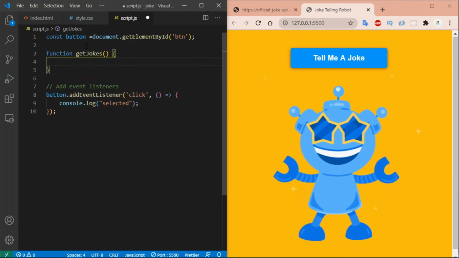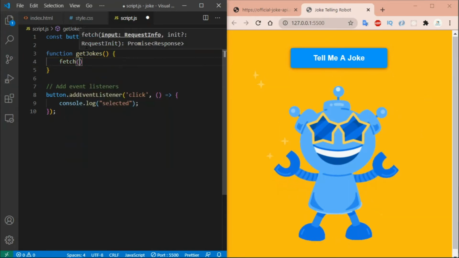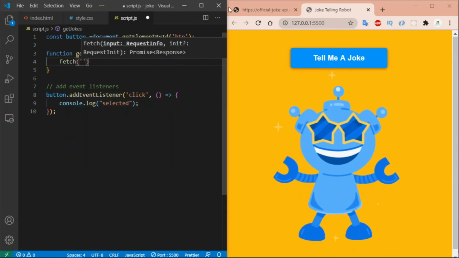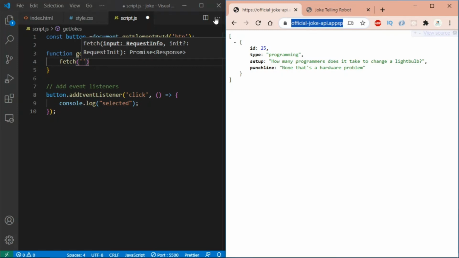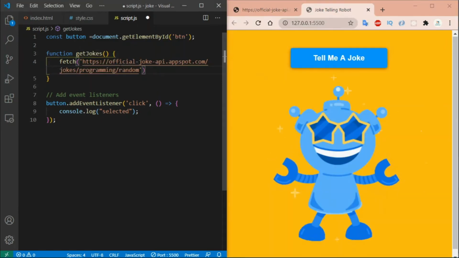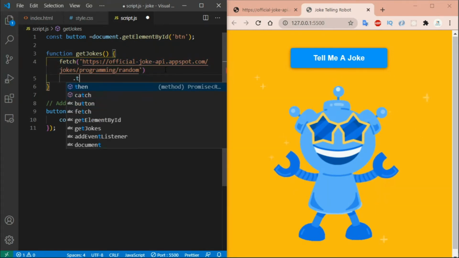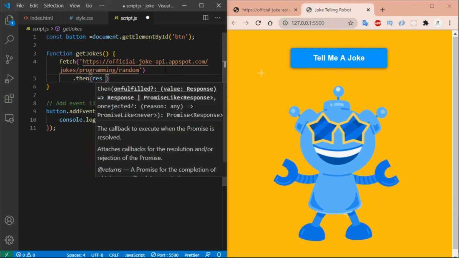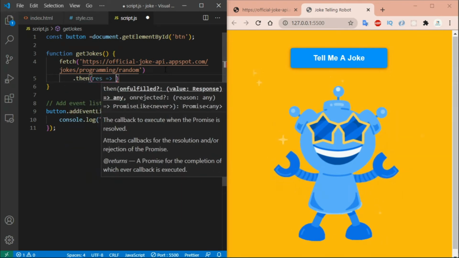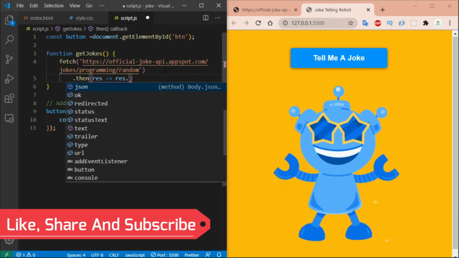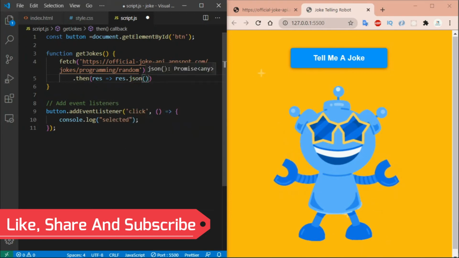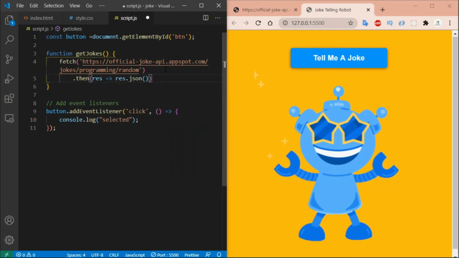Okay, then use a fetch method to fetch an API. This is the link of an API, just paste it over here. This fetch method returns a promise, so we need to handle it using dot then, like this, res arrow function res dot json, because we are getting the data in JSON format, and this will again return a promise, so